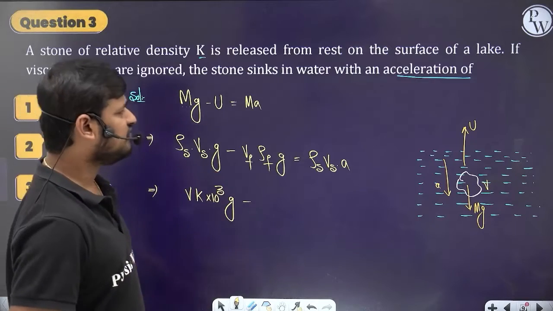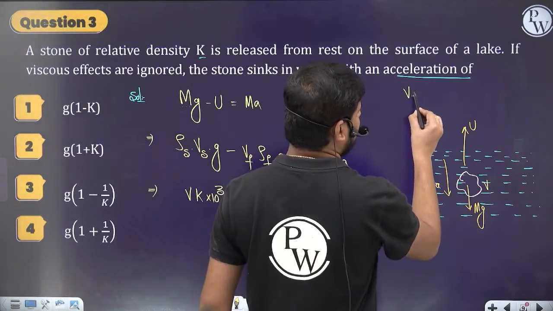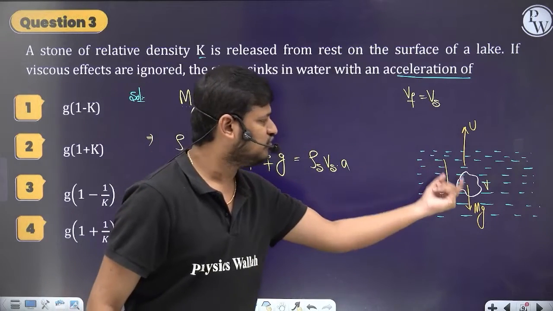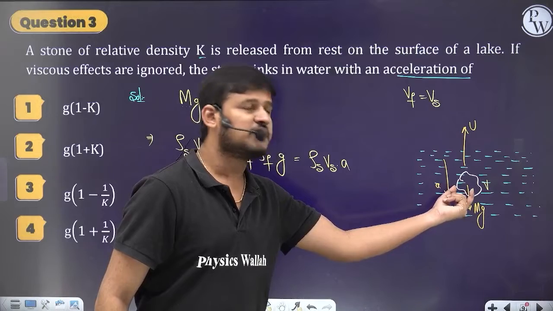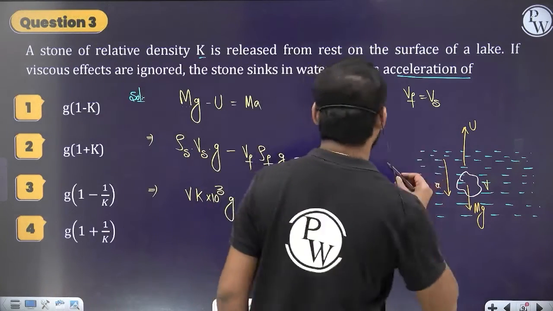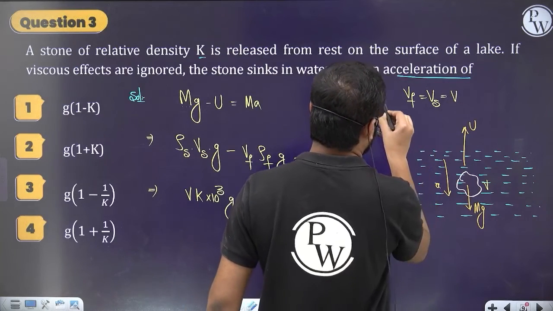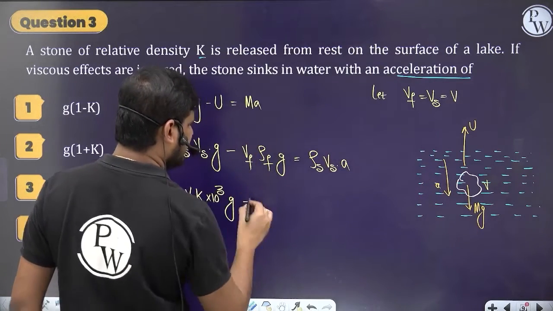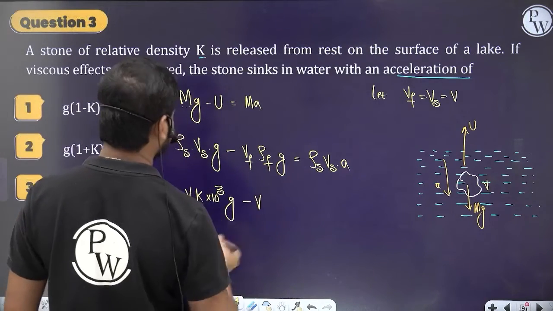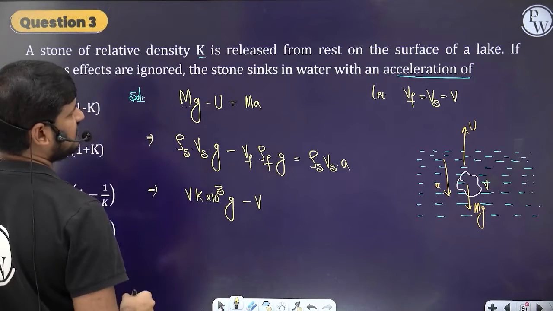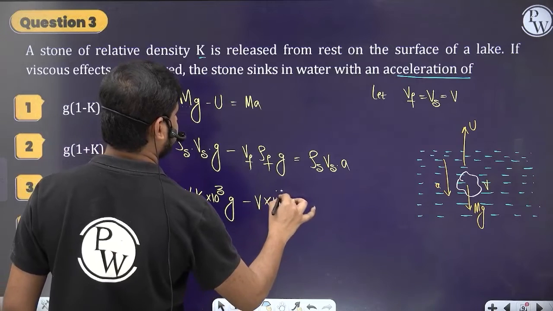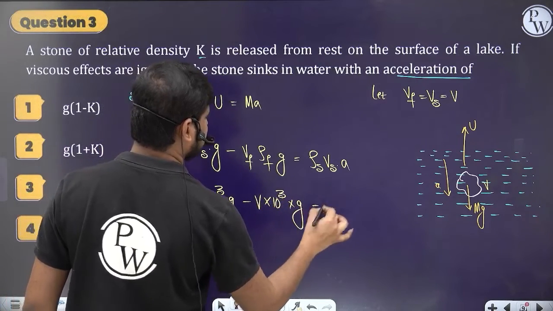So what is the volume of the fluid? The volume of the fluid displaced is equal to the volume of the stone, because it is completely sunk, right? So let it be equal to v. We considered that already, so in place of vf also I am writing v. What is rho f, the density of the water? Let the density of the water be 10 to the power 3, into g, is equal to